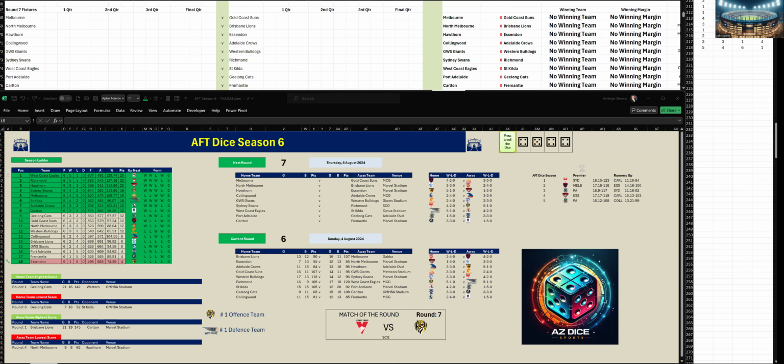It is round 7. Let's go to the first game. It is Melbourne versus Gold Coast Suns at the MCG. Let's go to the first quarter. First quarter nearly done. We've got Melbourne kicking 6 goals 6, 42, to Gold Coast, 3 goals 5, 23. 19 points to Melbourne. Second quarter,